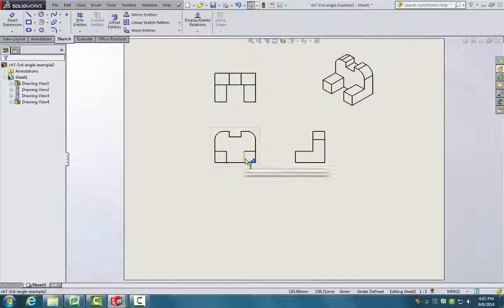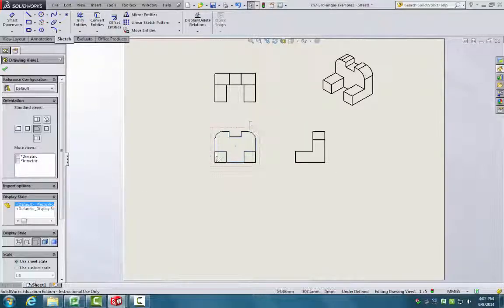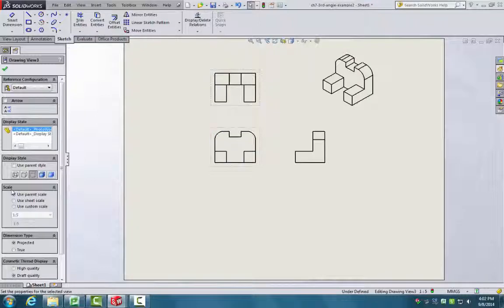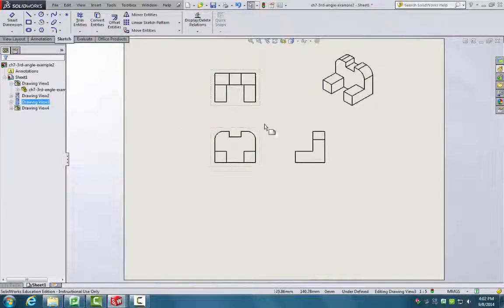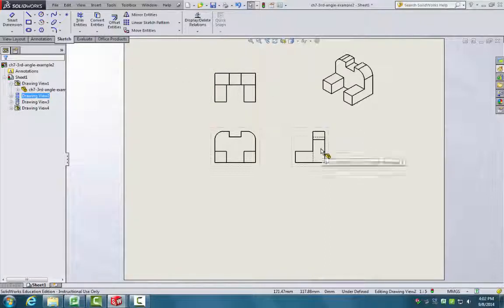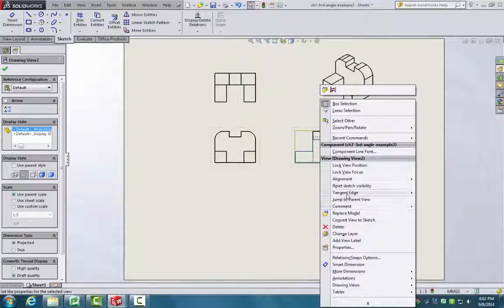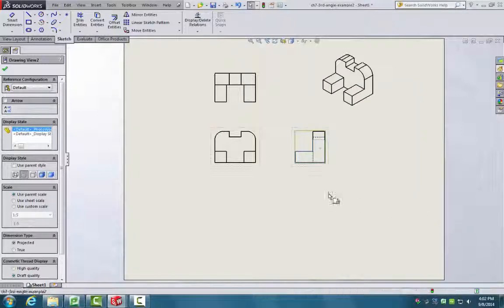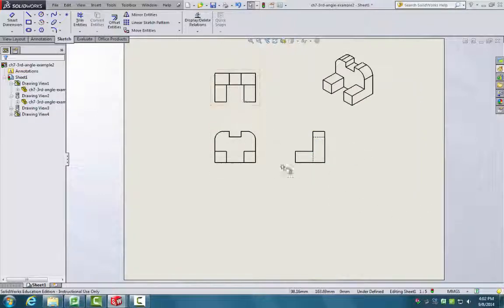There weren't any in the front. The other thing we would want to check for is to make sure there aren't any hidden lines. So I'm just going to click on each of the views, hit hidden lines. There's none in the top, none in the front, but there are some hidden lines in the right. And for some reason I didn't get rid of the tangent edges here in the right. Okay, so there's the right. Okay, so top, right and front is what we have here,